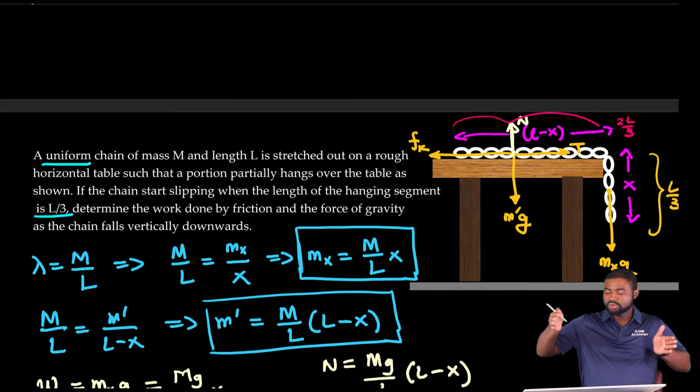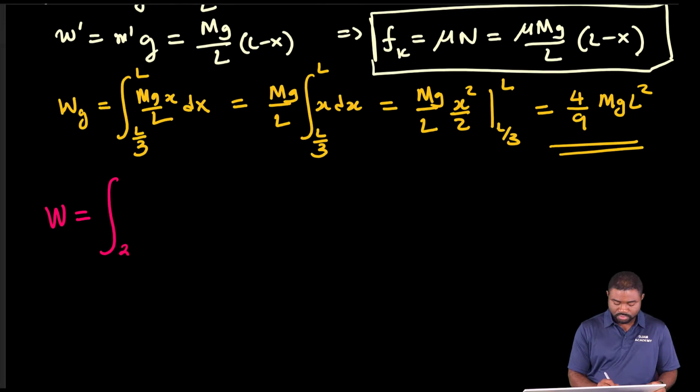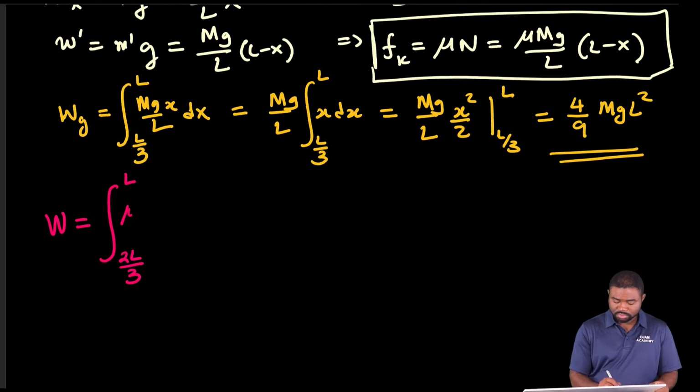That's the length on the table when the chain starts slipping. So we will have here 2L over 3 to L, and that will be equal to mu capital Mg over L bracket L minus X